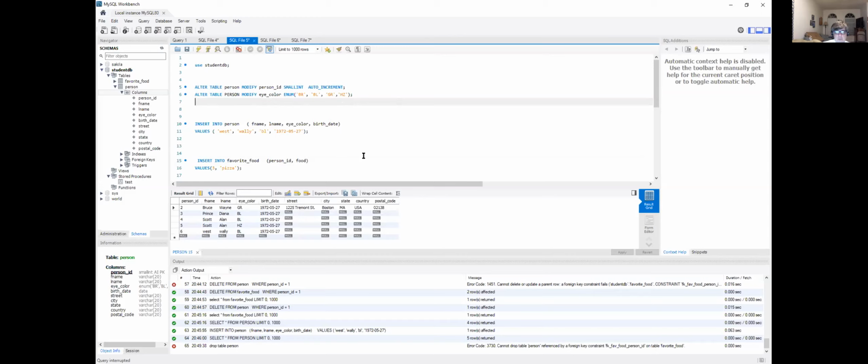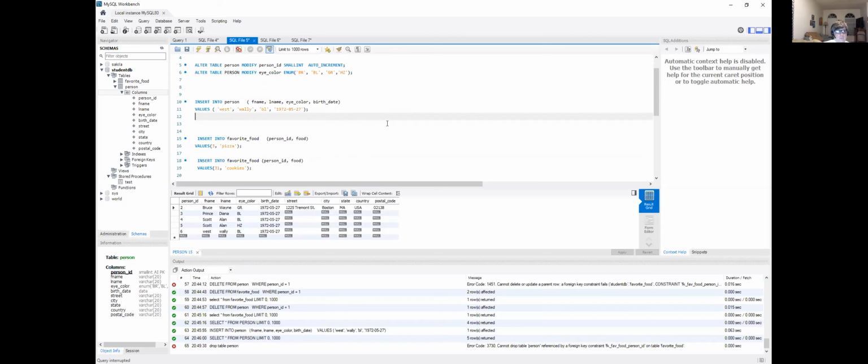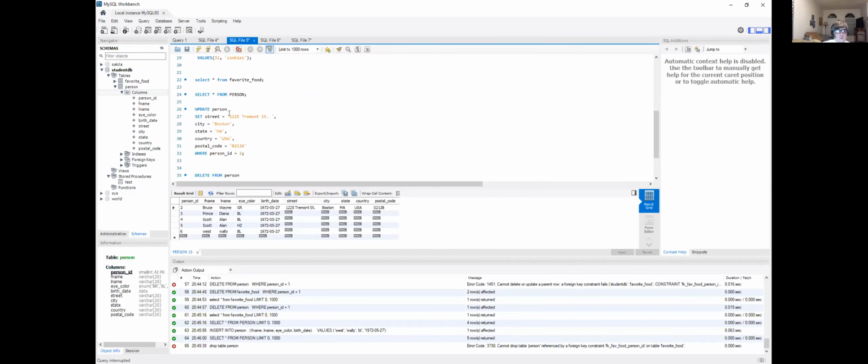Insert statement puts the data in. Whatever is here has to be here. You don't have to put this here, but it makes more sense. That way you know what values are going in where. And then your update statement. We're updating our table. We use the set command to say what columns are being set, and then what values are going there. Set street, city, country, postal code. And then the most important command in here is the where, telling you which one to do, because if you're not in safe mode,